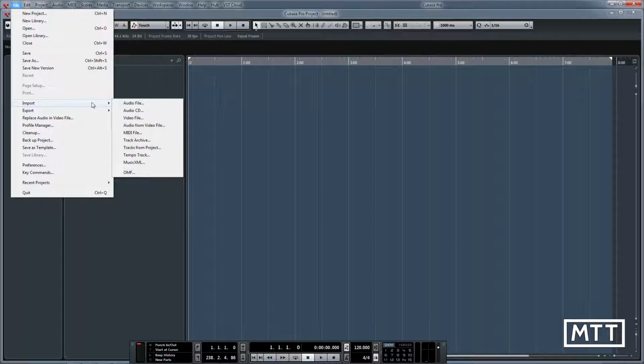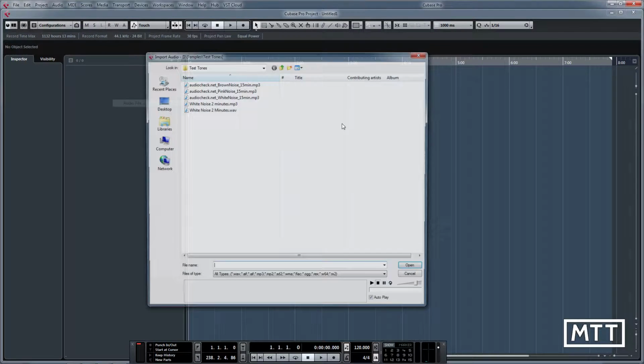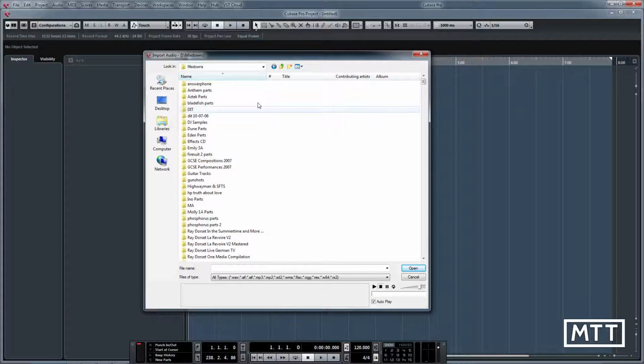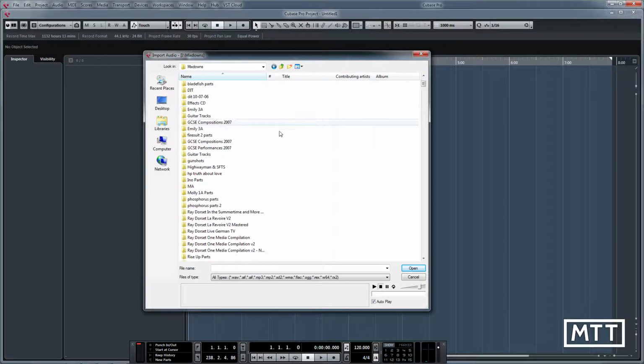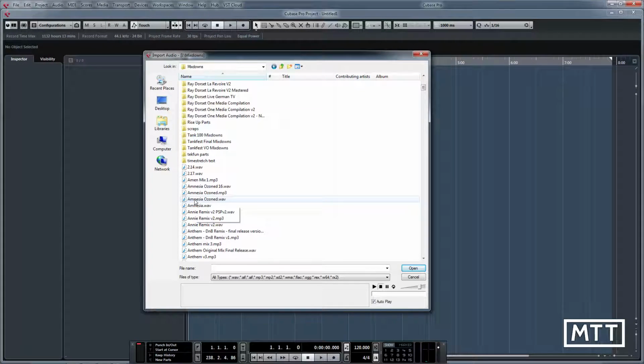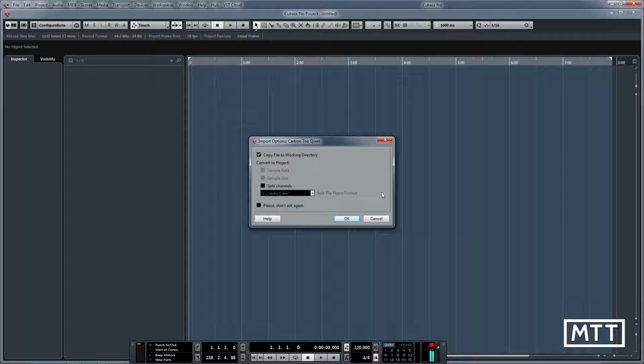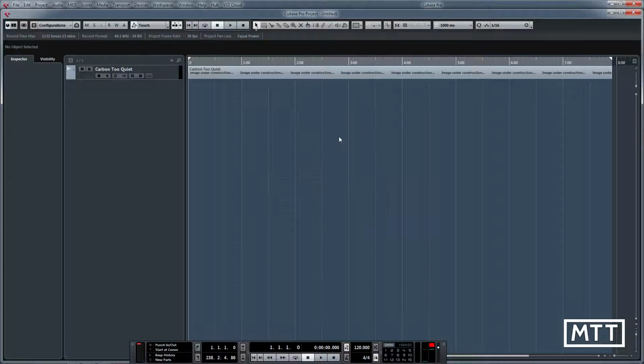So I'll go to File, Import an audio file. This should be old news to you, hopefully. And then going to go to Mixdowns folder and then find Too Quiet. So let's import that. Importantly, always tick copy file to working directory when you're importing audio. That's the general rule. There's very few times when you won't want to do that, and this isn't one of them. So going to import that there, and we can see that that